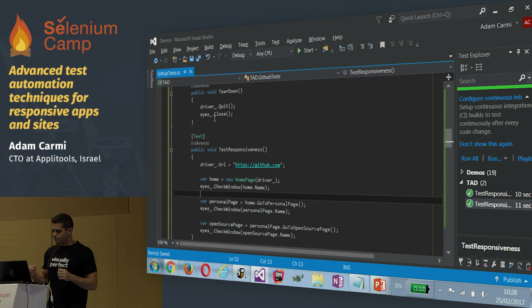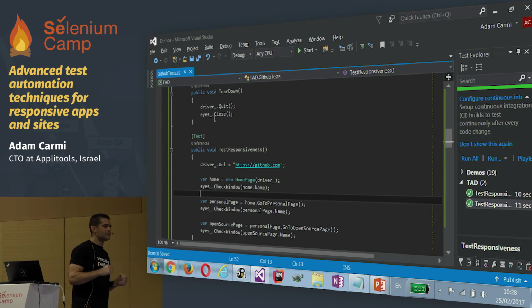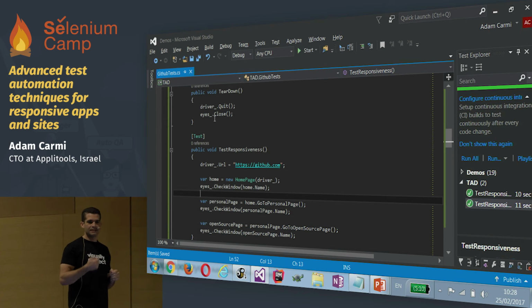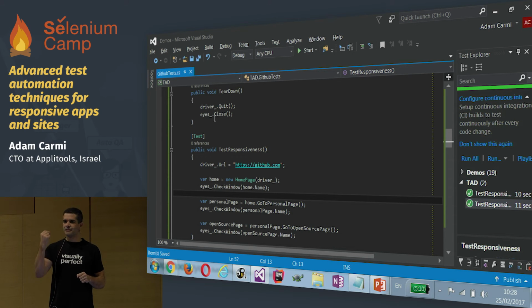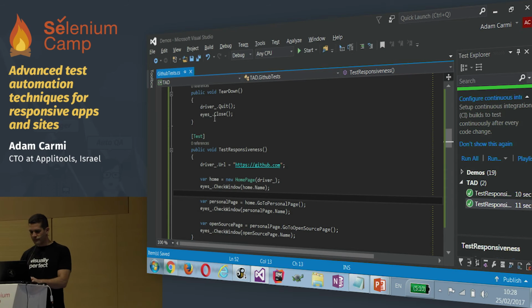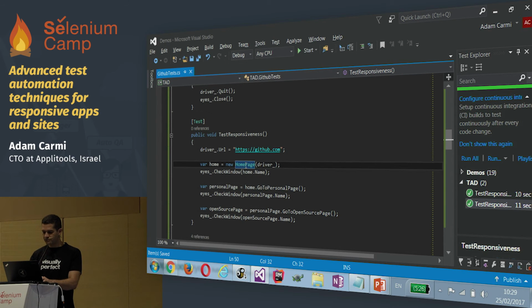The solution to this problem is actually to let the page object itself raise an event when it is going through an intermediate UI state. This way, there is no assertion there, but the test itself can listen to that event and place an implicit checkpoint when that event happens. So let's do that. If you recall, when we looked at the base page,